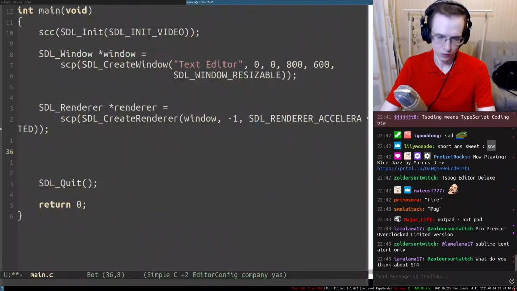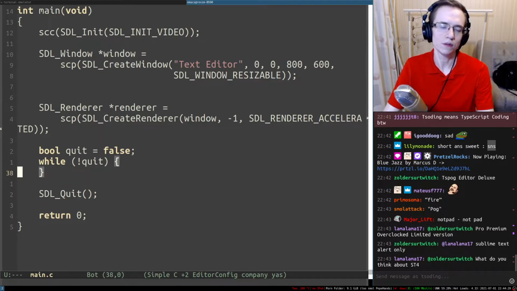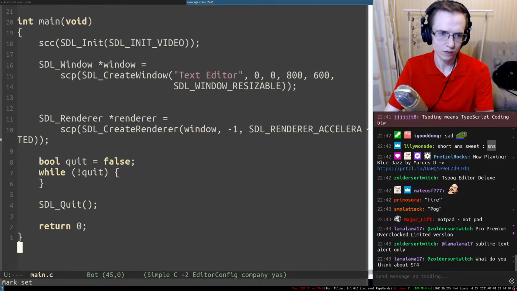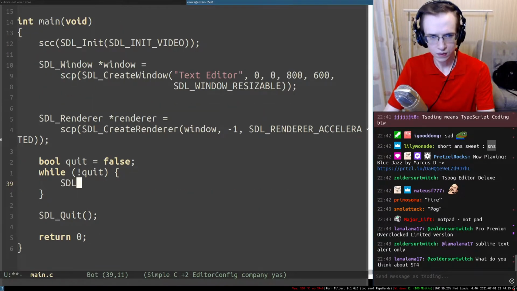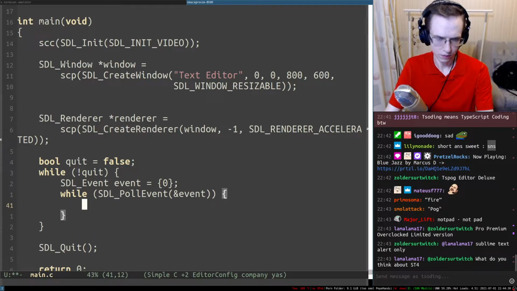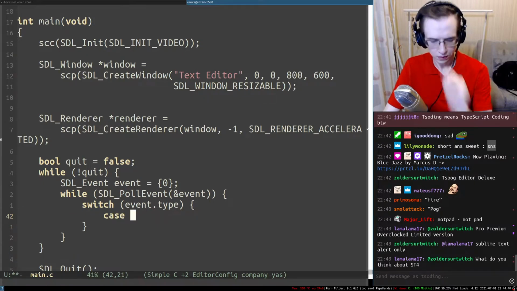So after that, I suppose we need to organize the event loop. It's going to be something like this, and then while not quit, and let's include std boolean for this kind of stuff. SDL event 0 initialize it, while SDL poll event, it's going to be like this, and if we encounter an event that is